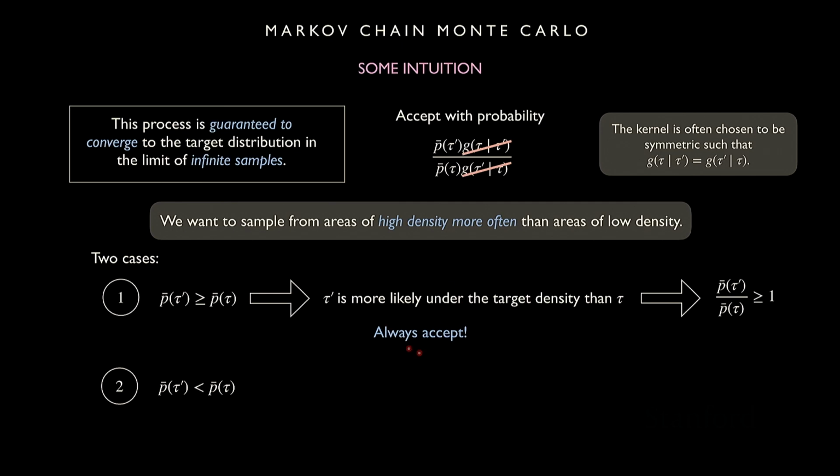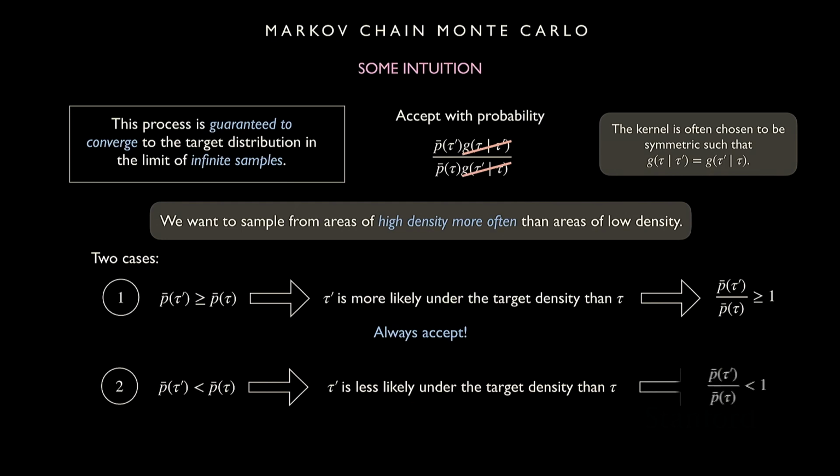So this is kind of achieving the idea that we sample from a high density more often. And here, if it's lower, we don't necessarily want to keep it because we want to sample from high density more often, but every once in a while we do probably want to put in a lower density sample in there. And so basically we're saying tau prime is less likely under the target density, so we're going to